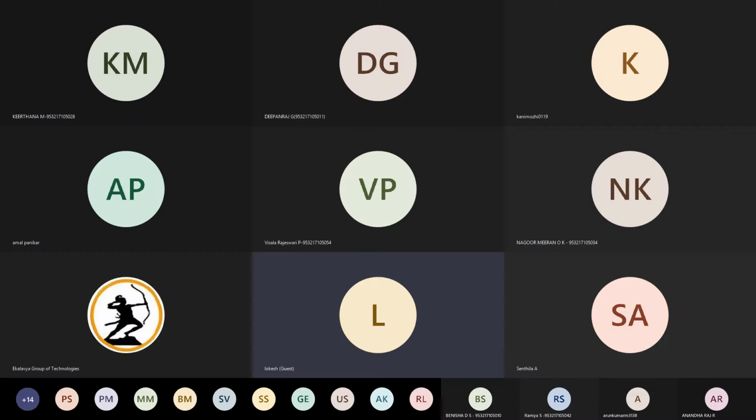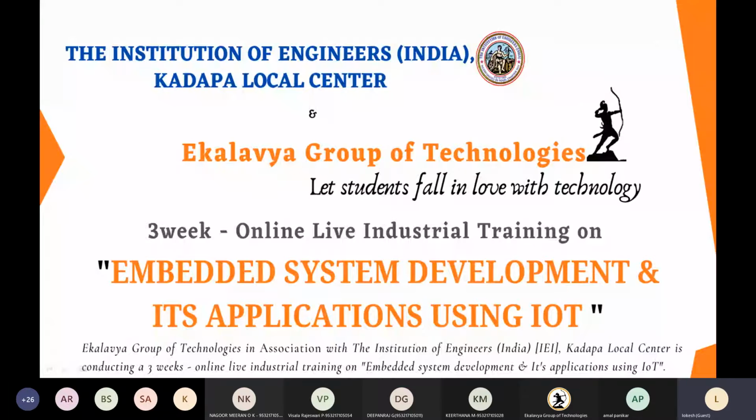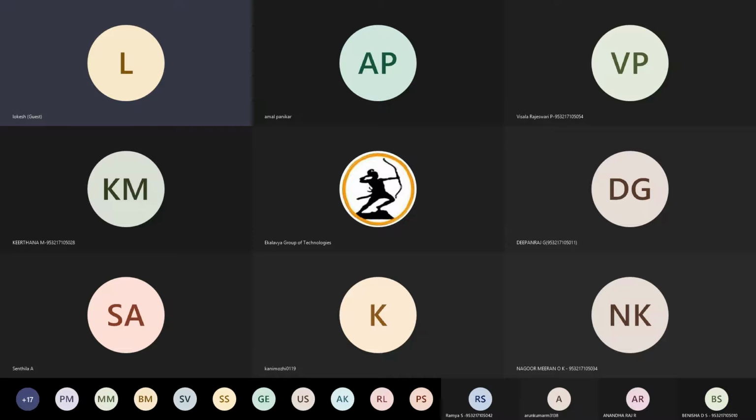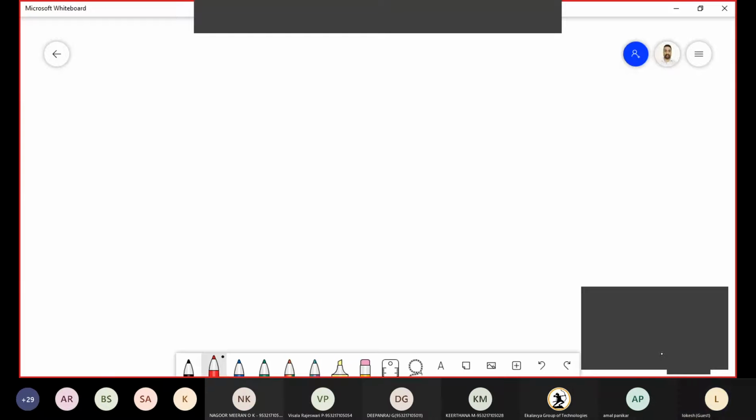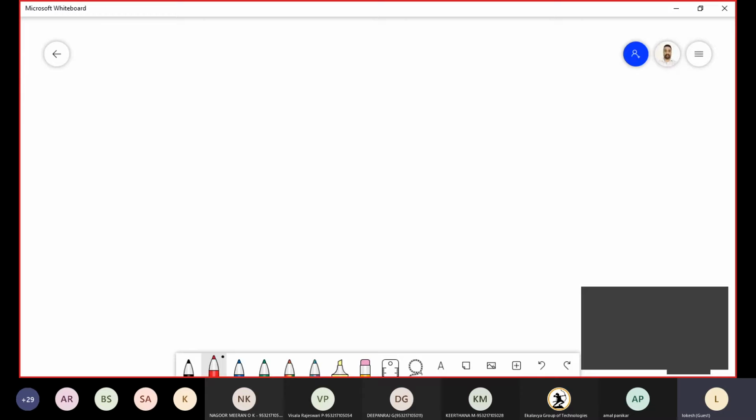So what I will do is I will try to share my whiteboard first. Yes. So two things we are having here. So today we will see the two things. So one is